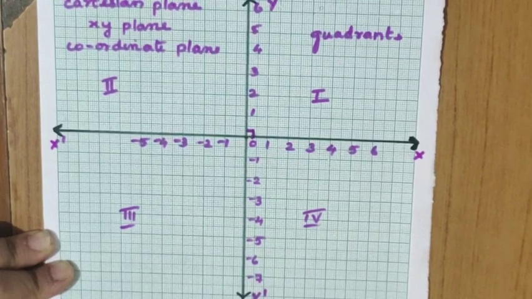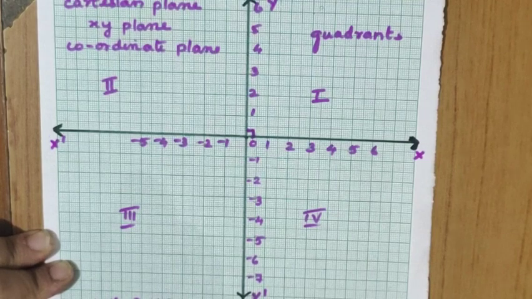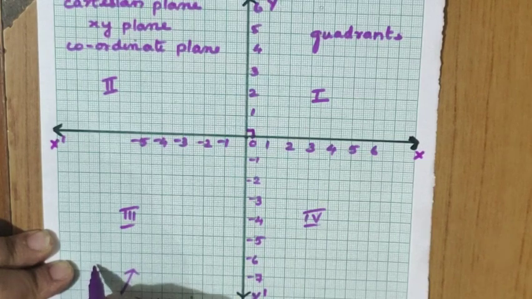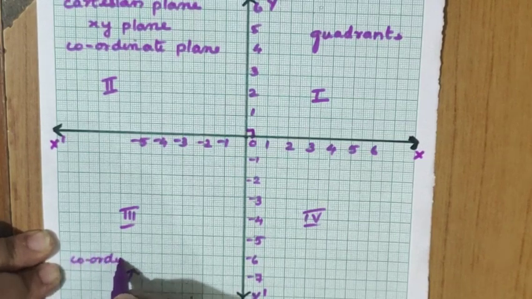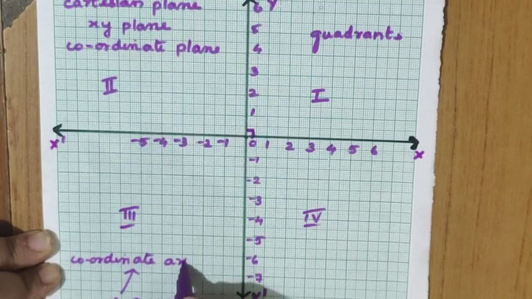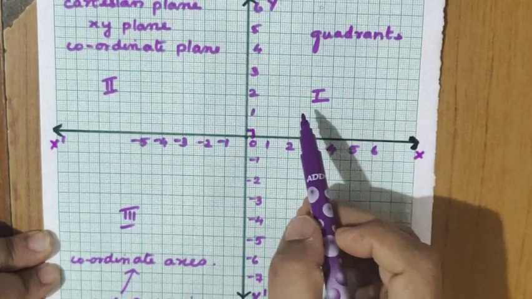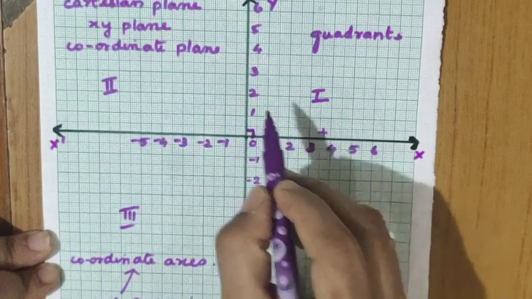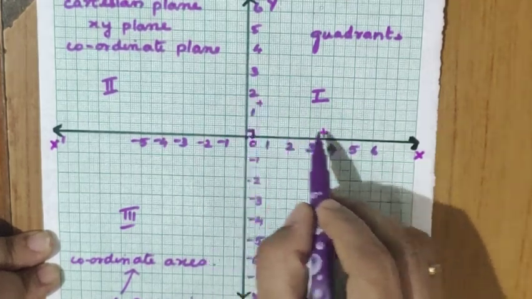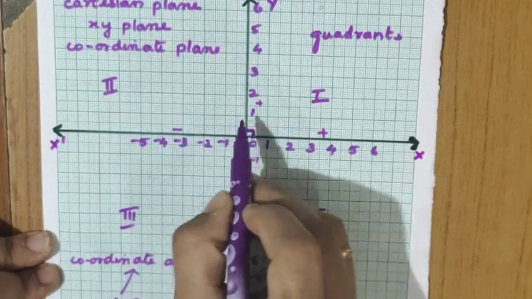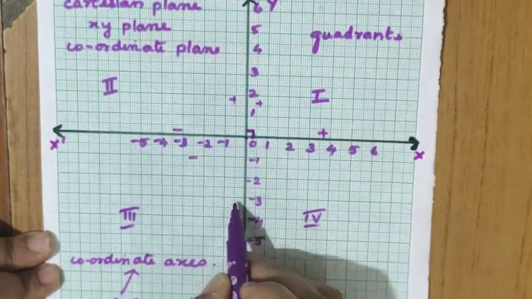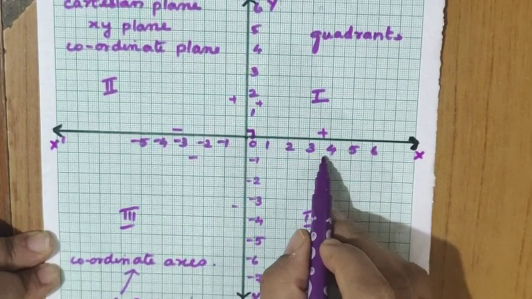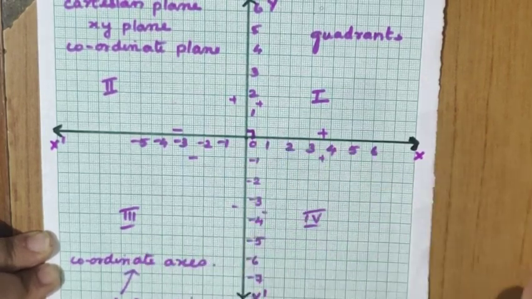Now the axes together, that is the x-axis and y-axis, if you combine these two, what is the name to be given? It is the coordinate axes. What is the name together? Coordinate axes, right? Now in the first quadrant, what is the sign? X also plus, y also plus, right? So the values will be plus and plus only. Here on this side it is minus and here plus, right? Here both are minus values. Now for plus and minus, I'll go into that in the next session.